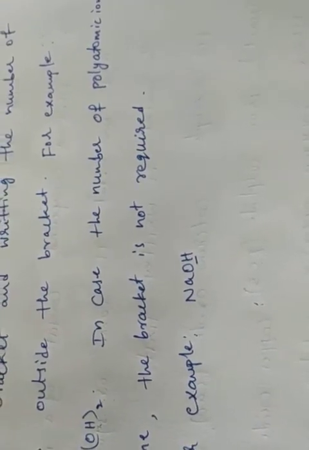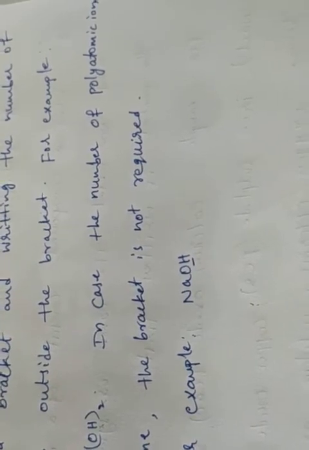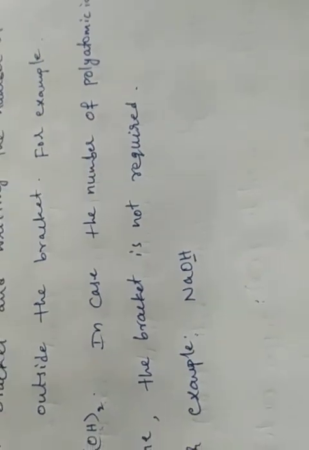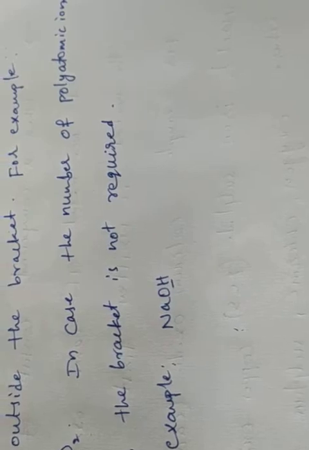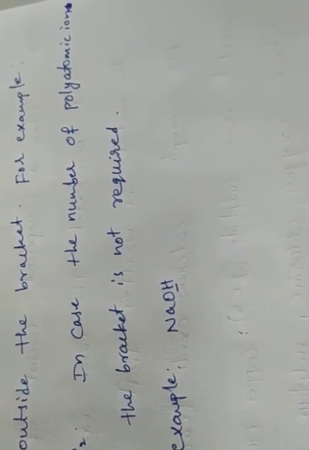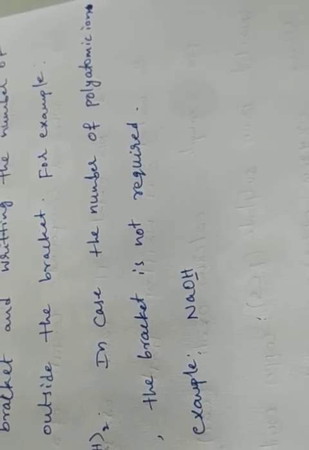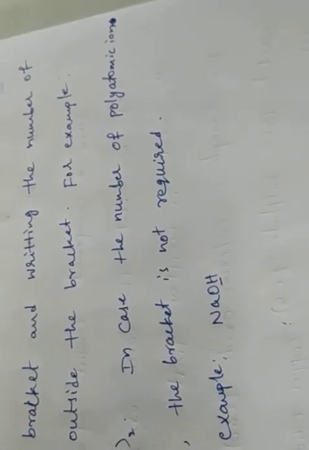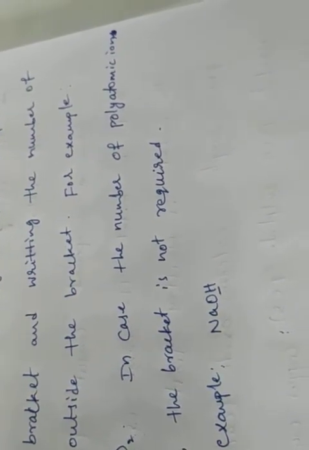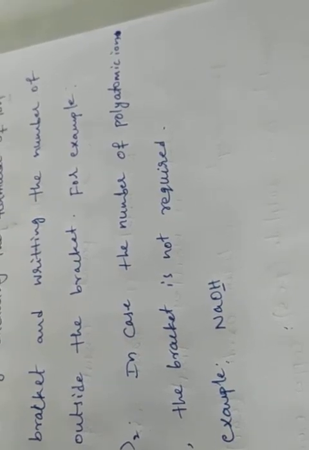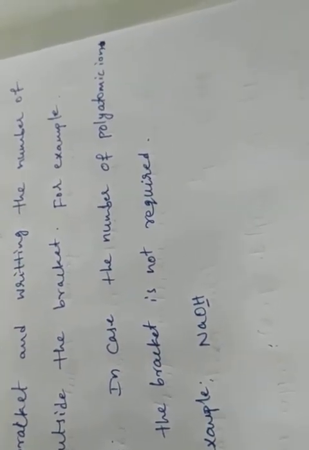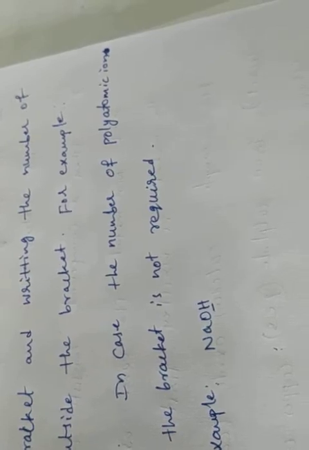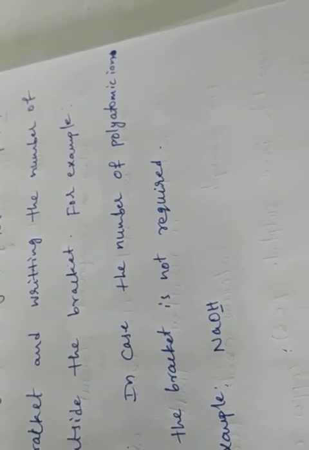So this is about the rules that you have to follow while writing a chemical formula. Okay, see the first rule. The valencies or charges on the ion must balance, and when a compound consists of a metal and a non-metal, the name or symbol of the metal is written first. Okay, suppose a compound has a metal and non-metal, we have to write the metal name and symbol first. If we take calcium oxide, sodium chloride, iron sulfide, copper oxide, we have to mention the metal symbol first, then non-metals like oxygen, sulfur, chlorine we write on the right side. So this is one rule.